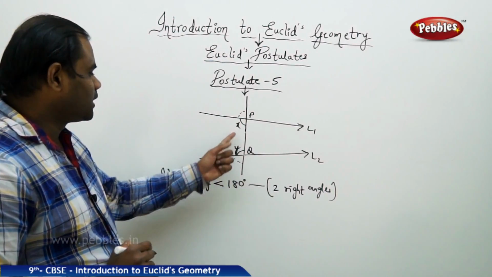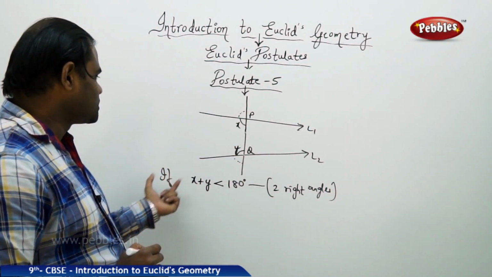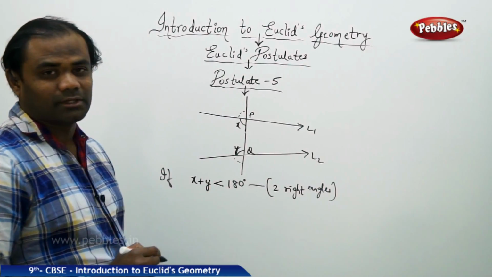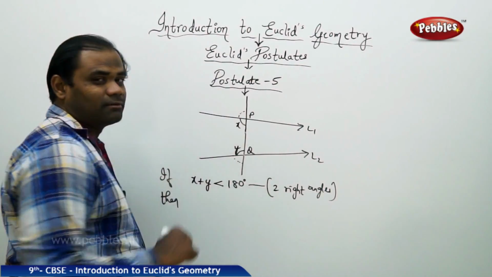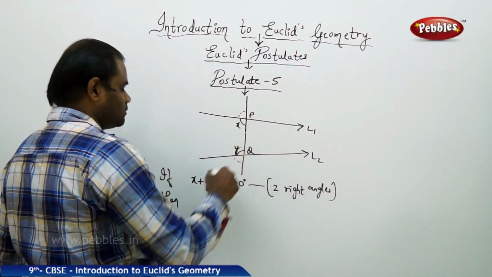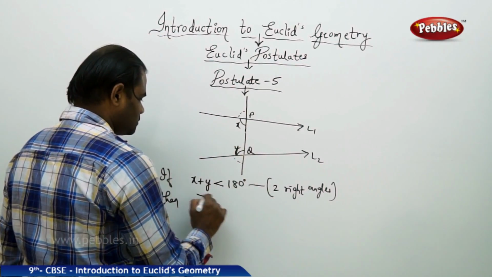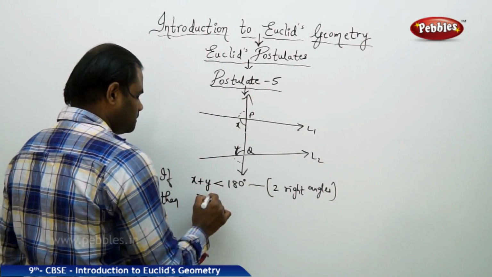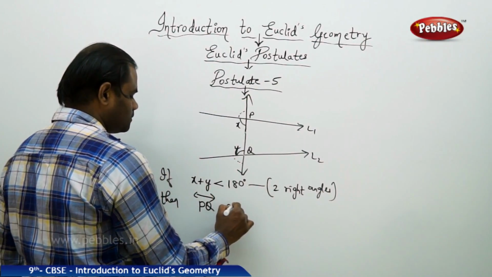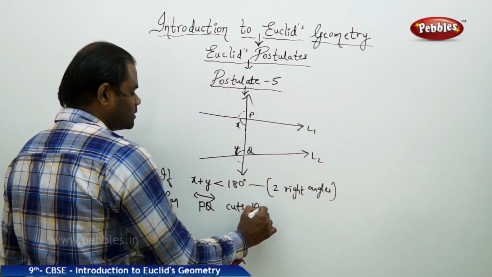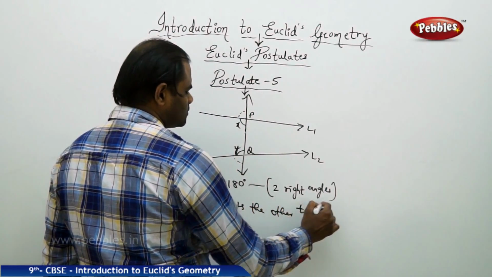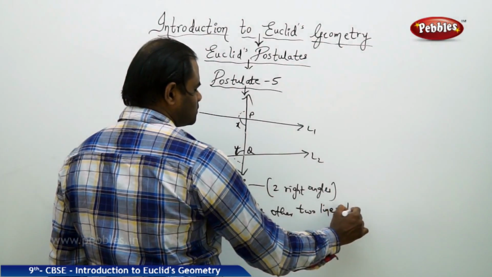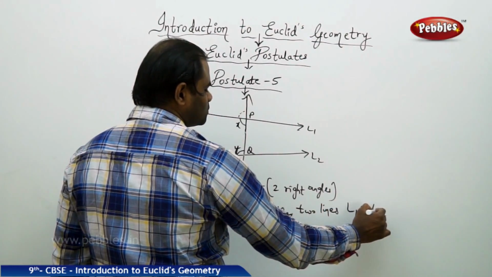So when I take the interior angles X and Y, the condition is if X plus Y is less than 180, then the postulate number 5 says the line PQ cuts the other two lines L1 and L2,